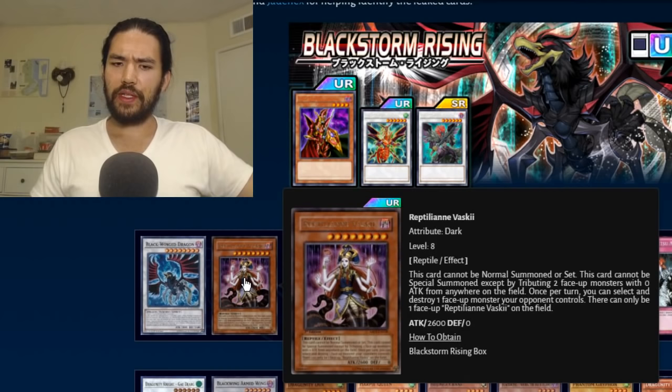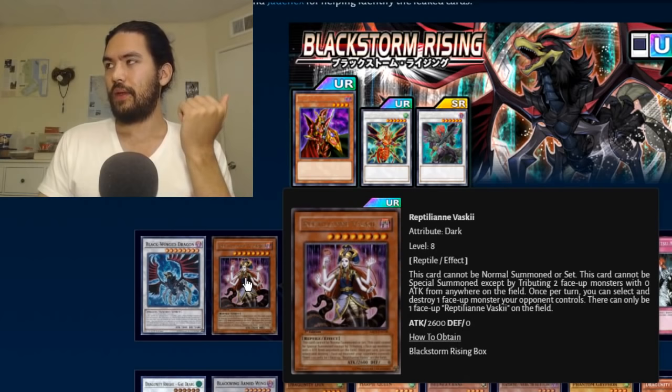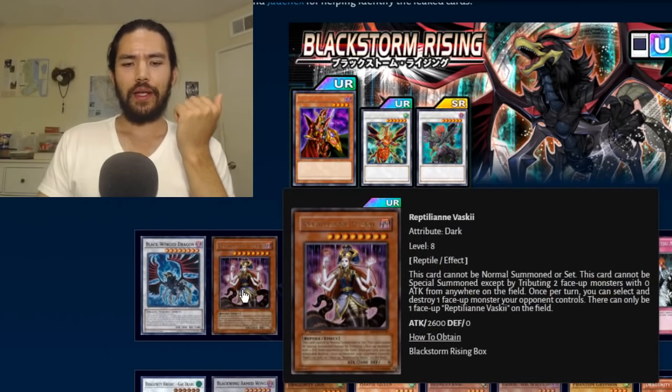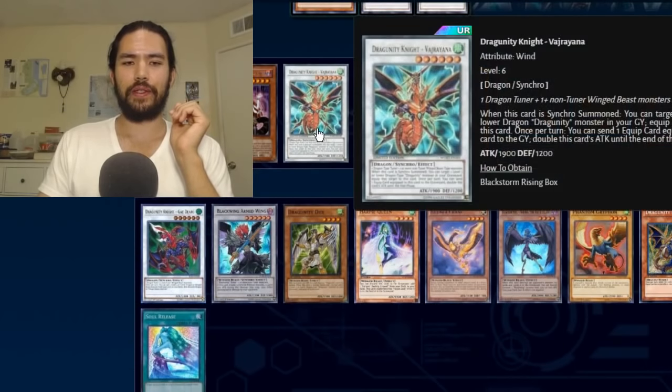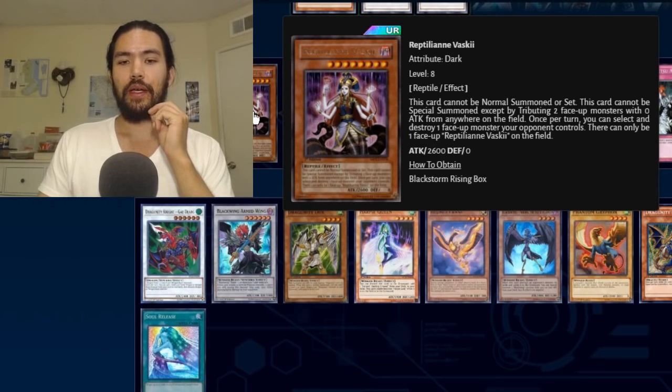Once per turn, you can select and destroy one face-up monster your opponent controls. Ooh, yeah. It's like an expensive, complicated something Chimera. Kawaki Meru Chimera, that's it. Let's see about these 0 attack point monsters and how easy they are to get out on the field. If they are super easy to get out on the field, then this card would be busted. But I'm